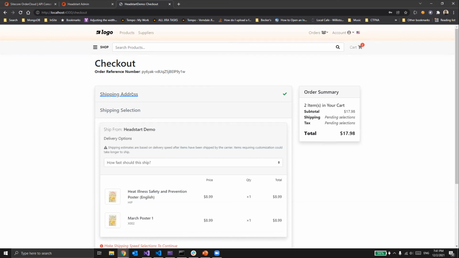your middleware where you have the Smarty Street API. And I'll show you that in a second. It applies the address validation and gives you the response. So that's another cool thing with